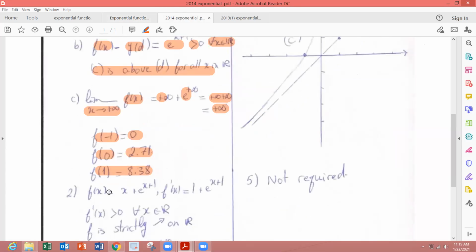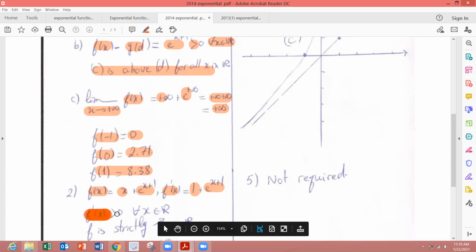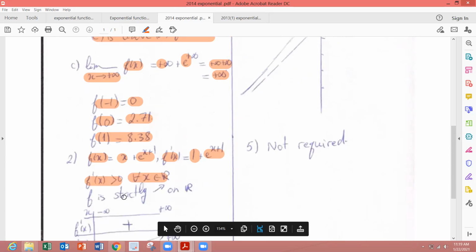So f(x) equals x plus e^(x+1). f'(x): the derivative of x is 1. The derivative of the exponential x plus 1: first we take the derivative of x plus 1, which is 1, times e to the power x plus 1. E is positive, and 1 is positive, so f'(x) is positive for every real number. So f is strictly increasing